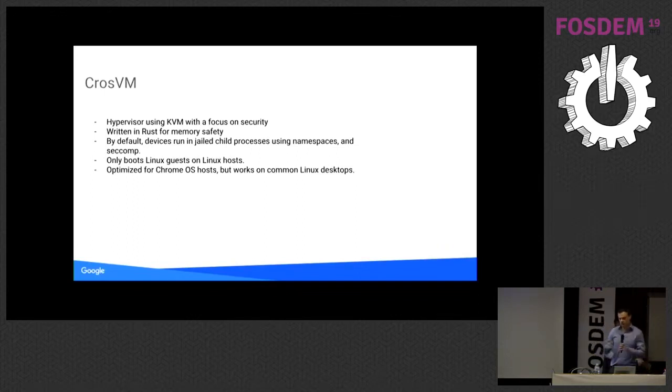So the good thing about this is whenever the guest needs to request anything from the host, the normal path is it pokes an event FD, something on the host side wakes up, and we have memory safe code written in Rust that does the parsing of all the untrusted buffers from the guest, etc. So we don't have memory overflows or weird exploits going on. To take that a little further,